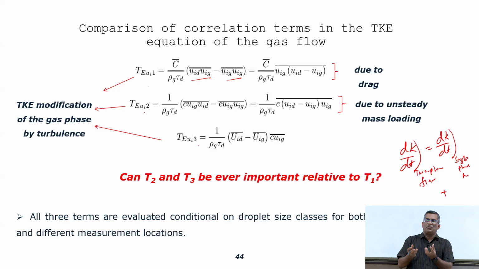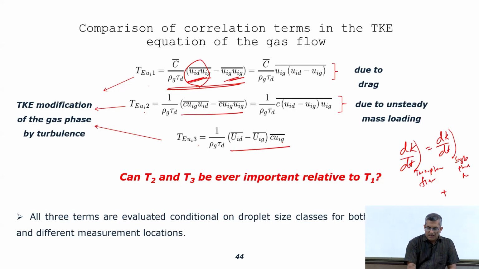So whether turbulence would increase or decrease in this model, it is according to the competition between this term and this term. So if this term or the particle gas correlation is higher than the correlation of gas with itself, then turbulence would be enhanced as per this model. So this term we know that is always important as far as turbulence modulation is concerned. But the question is,